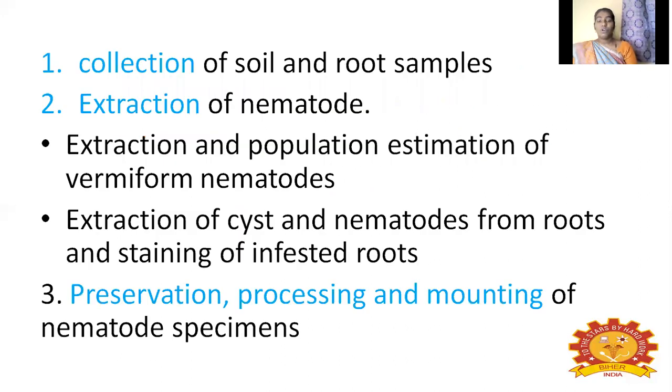First of all, we need to collect the sample. From where do we collect the sample? We have to collect the sample either from the soil or from the root. If it is soil, it may be from a field area or a horticulture area, in and around the crops. If you are collecting from a single tree, we collect the soil sample, or we can collect random soil samples from trees in an orchard. Like that we collect the soil sample and the root sample from the horticulture and agriculture field.